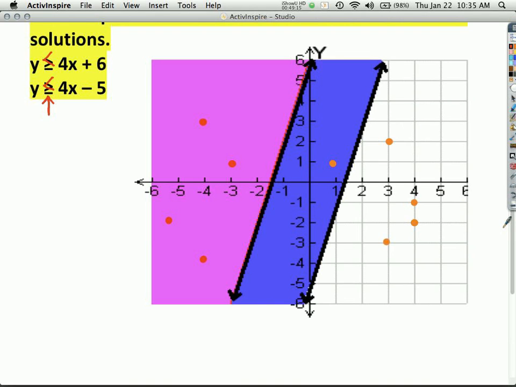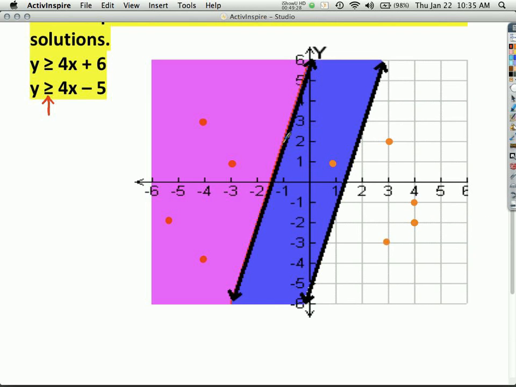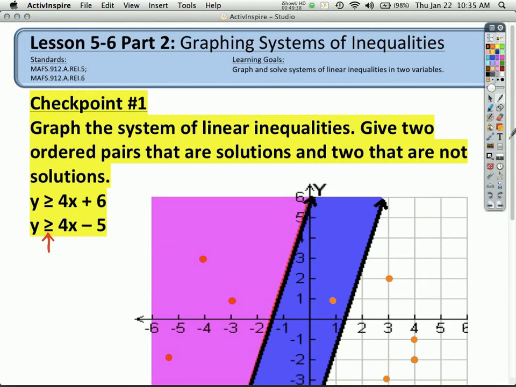I have a question. I think, and I kind of answered myself, but if it's -1 and 2, it's still a solution, right? -1, 2. I can't see the grid, but it looks like it falls on the line, so I think that would be a solution because it's a solid line. Very good. All right. Any other comments, any questions, any observations?